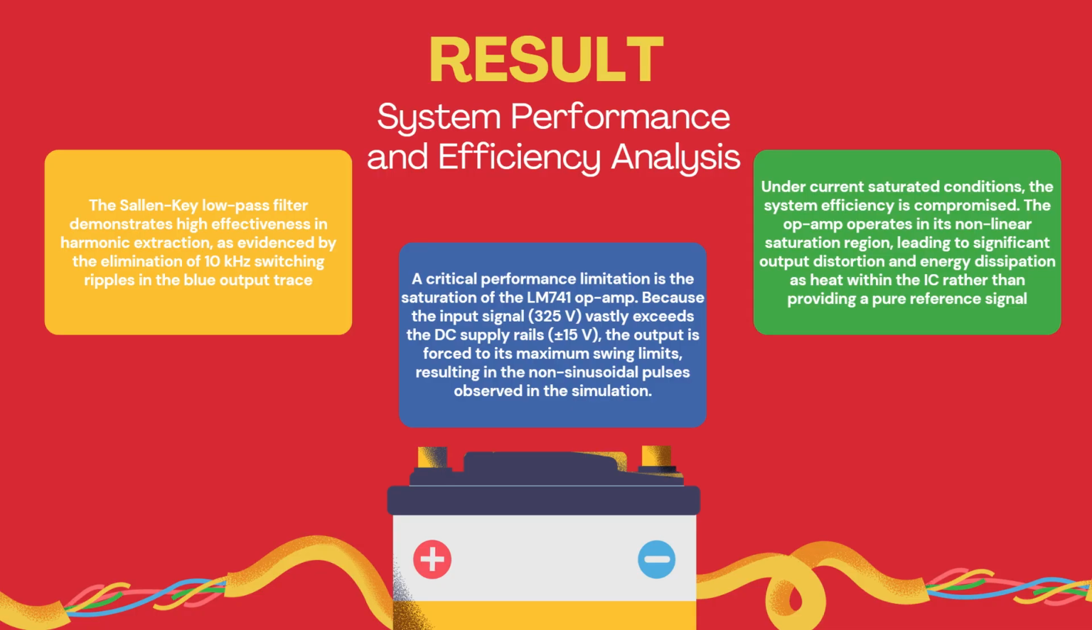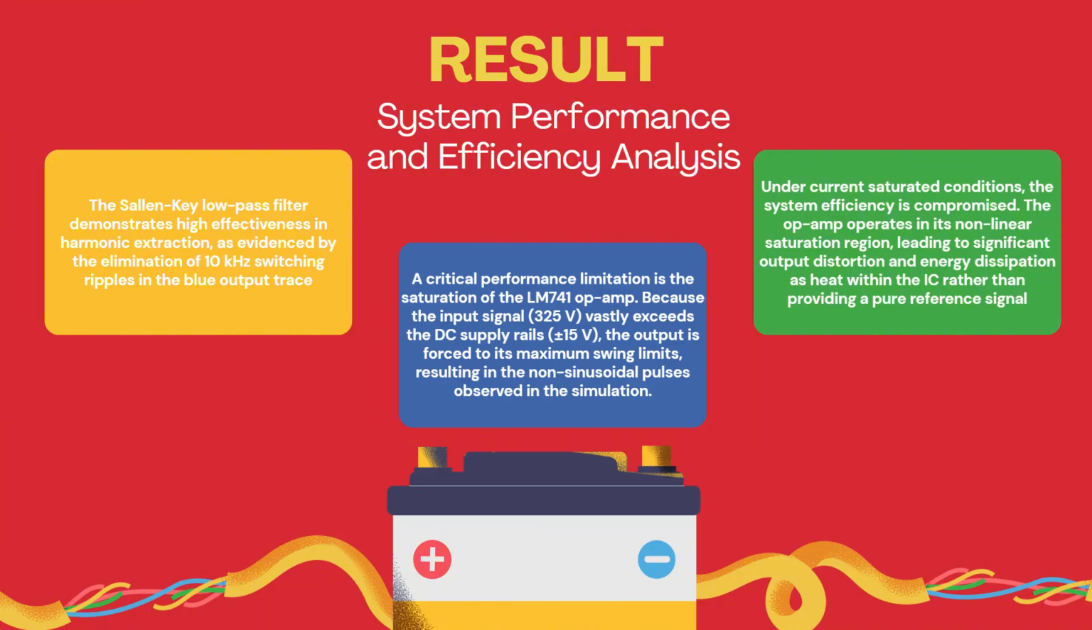The 7 kHz low pass filter demonstrates high effectiveness in harmonic extraction, as evidenced by the elimination of 10 kHz switching ripples in the output trace. A critical performance limitation is the saturation of the LM741 op-amp, because the input signal of 325 V vastly exceeds the DC rail of 15 V, and the output is forced to its maximum swing limits, resulting in no sinusoidal pulse